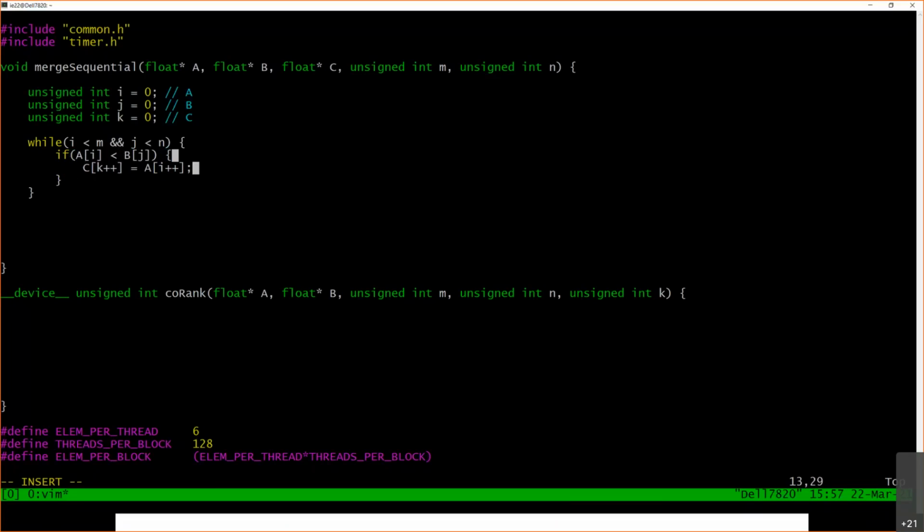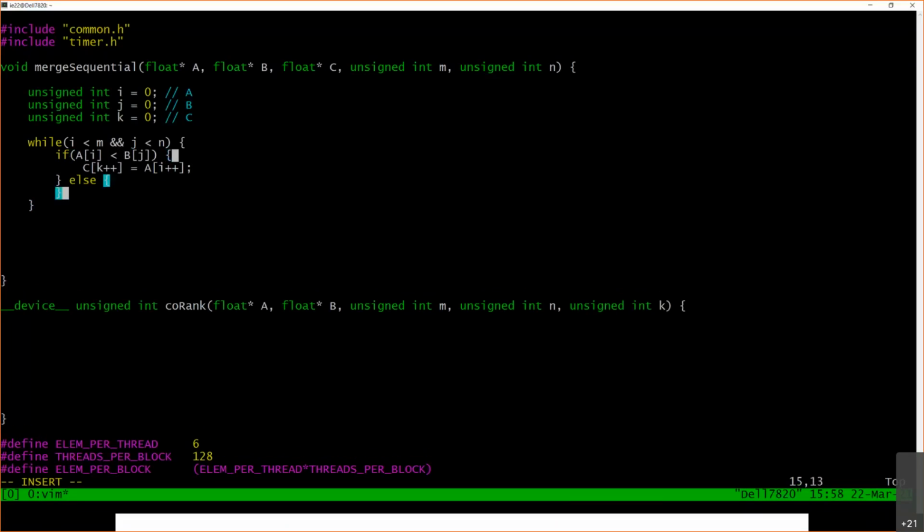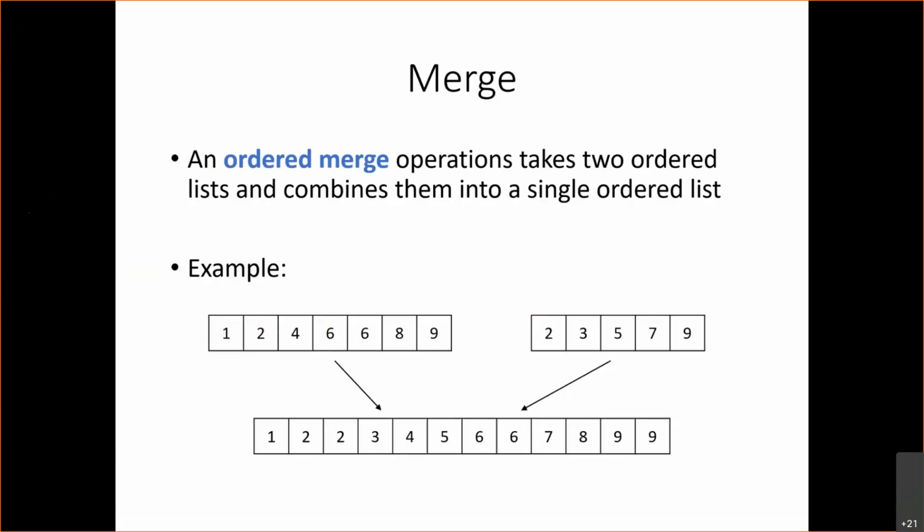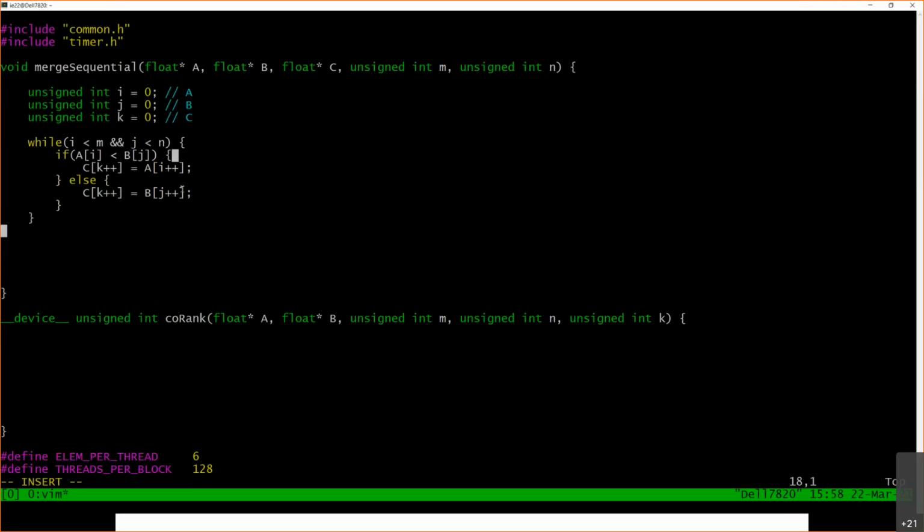So in this case, I will write else, B of K is going to equal B of J. And then this time I want to increment K and J, not K and I. I can do that the same way I do a post increment: K plus plus and J plus plus. So what this loop does is that it'll keep merging, taking the smaller element from each array until we reach the end of one of the arrays. Now, once we reach the end of one of these arrays,